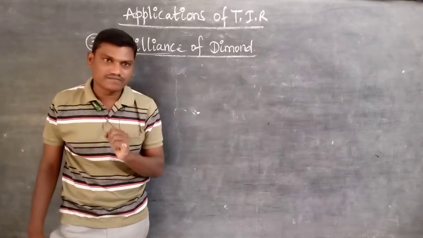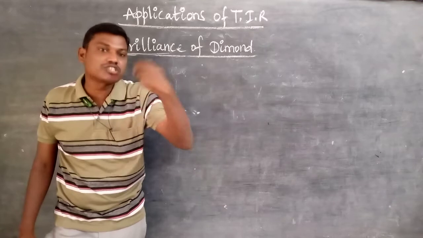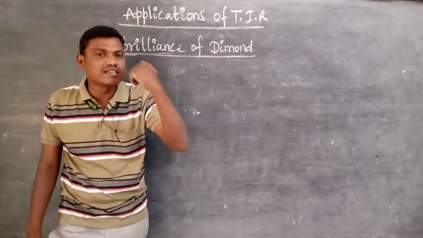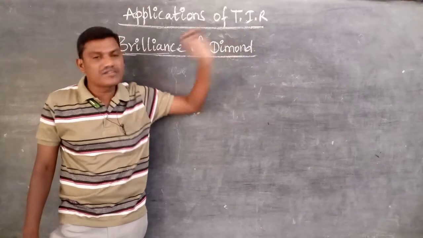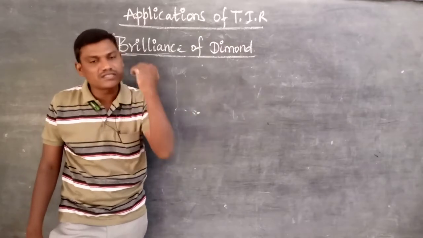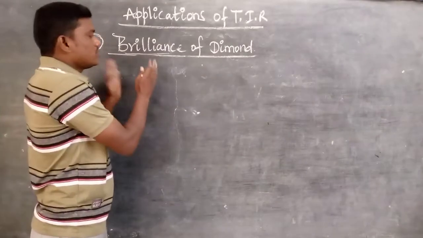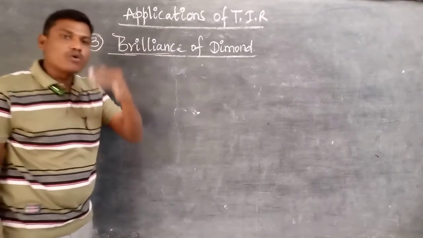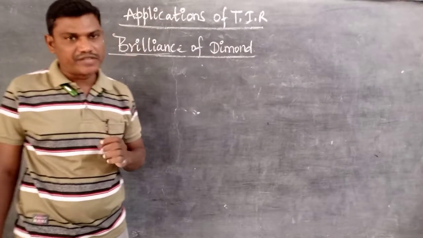What is the reason why the diamond appears brilliant or shiny or bright? What is the main reason? Which phenomenon is involved? Total internal reflection. How the T.I.R. phenomenon is involved in this process, that we discuss now. So the diamond appears more shiny due to the total internal reflection only, because